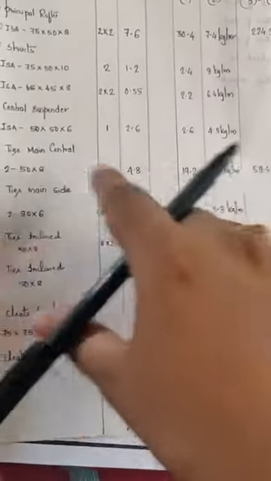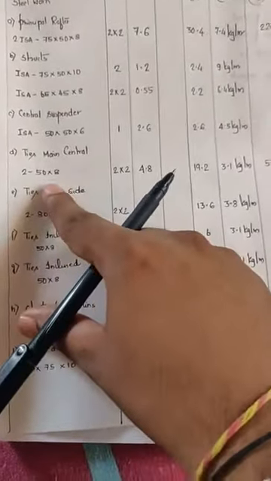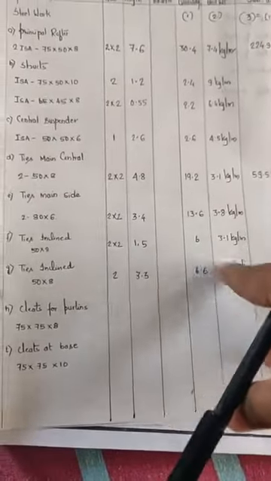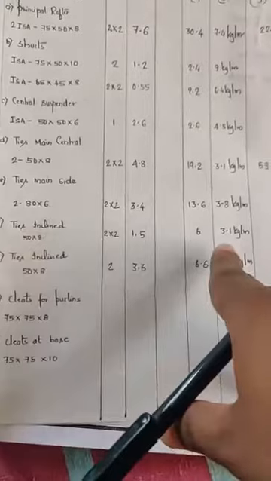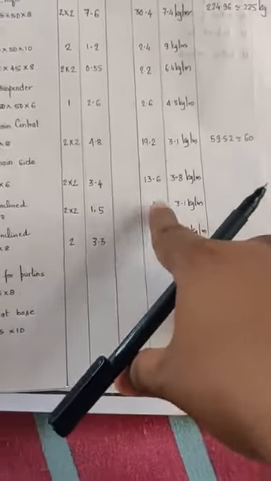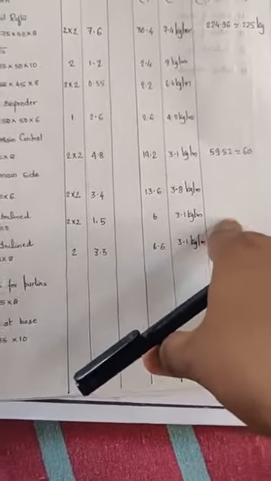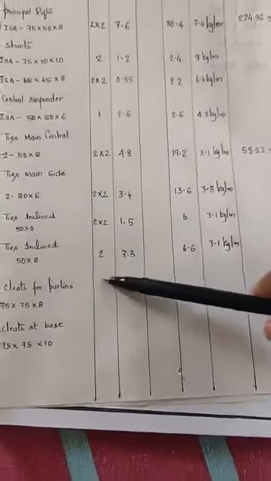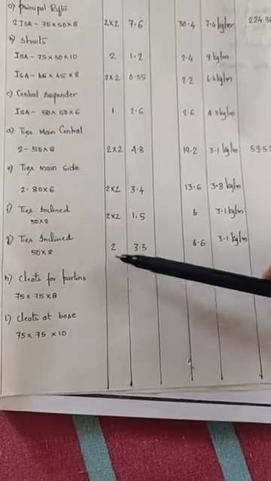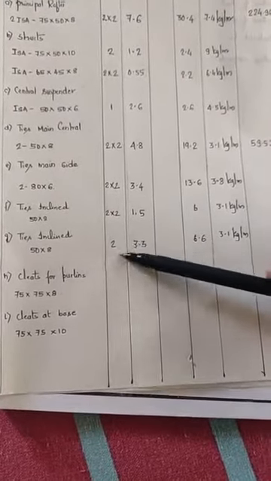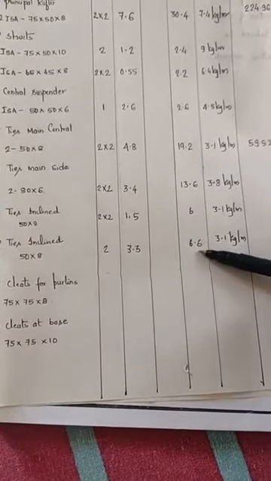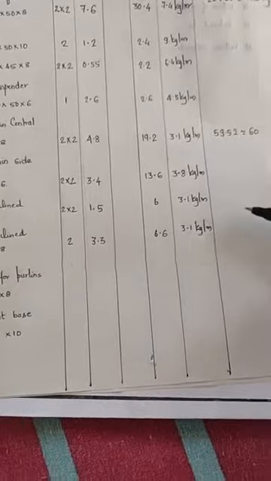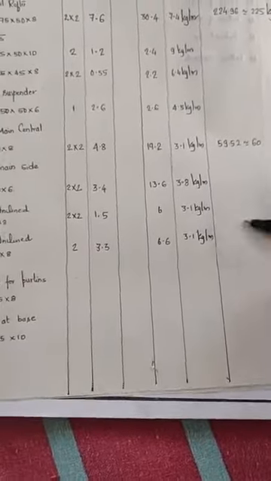We already know the unit weight, since the tie member central is also 50 by 8. So 6 meter is the total length required for this ties inclined, and unit weight of that is 3.1. Multiply that, you will get it in kgs. Similarly for this tie member, two numbers are there. 3.3 is of one member, then 6.6. Multiply with the unit weight, you will get the weight in kgs. This column, I will give you as assignment.